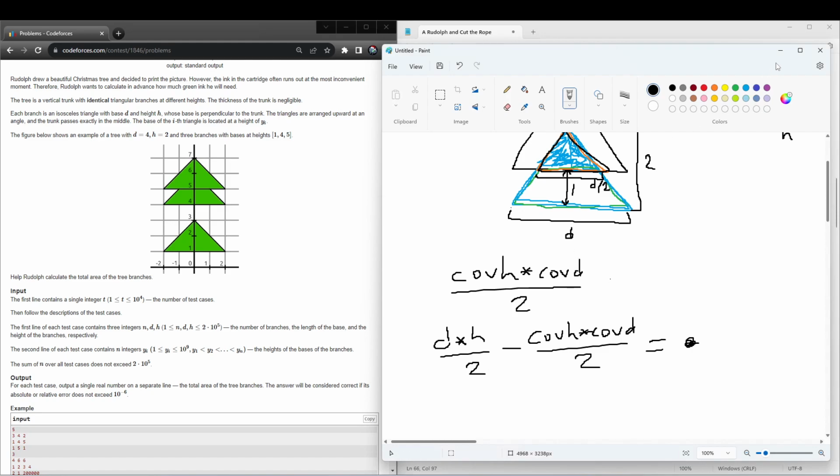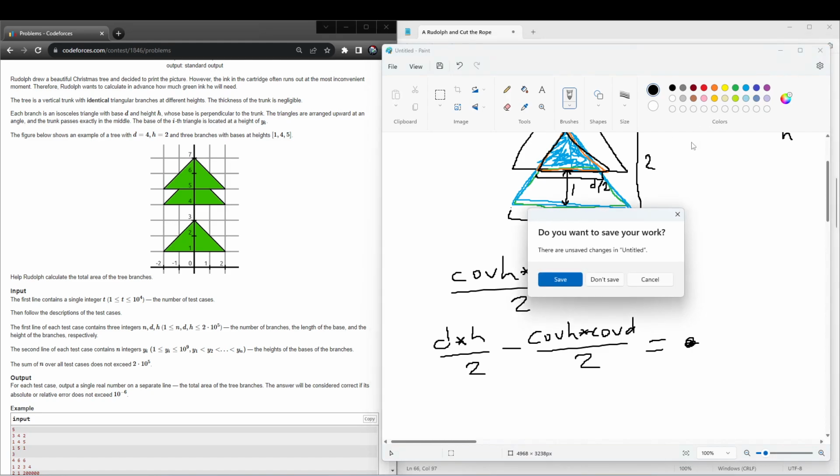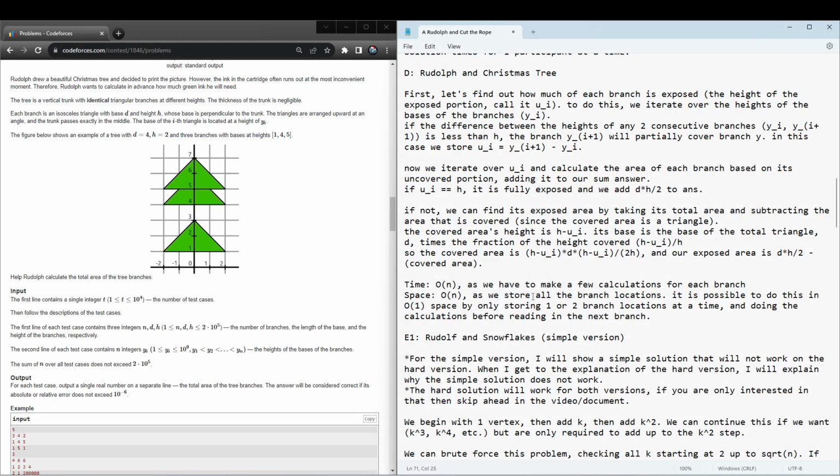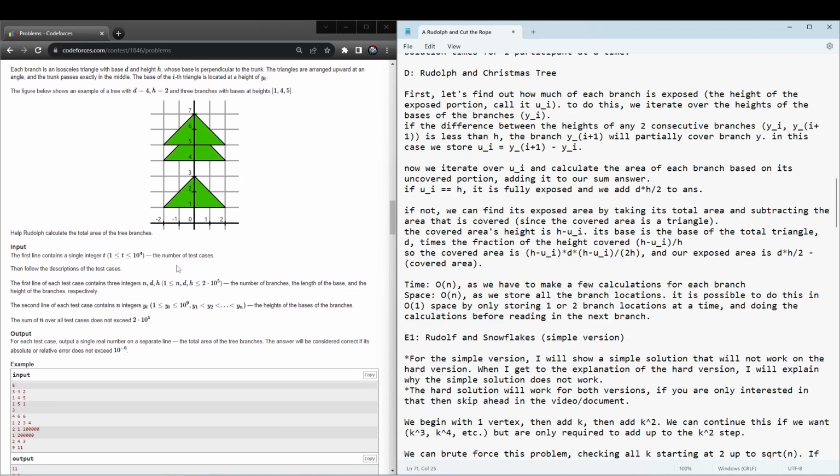So that's a visual explanation of this problem. So we can do this in linear time, however many branches there are. We just need to make a couple quick calculations for each branch. So O of n time, O of n space,